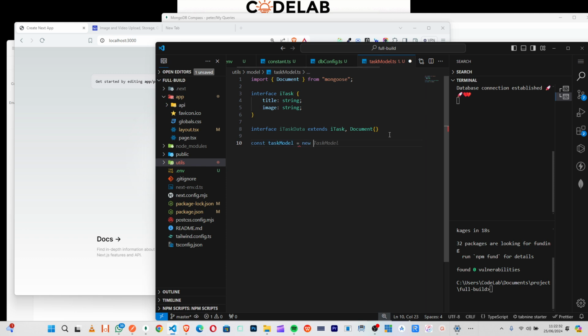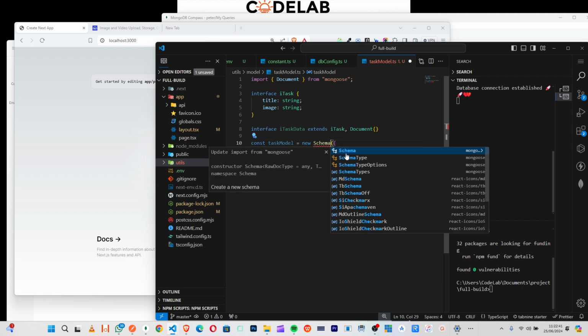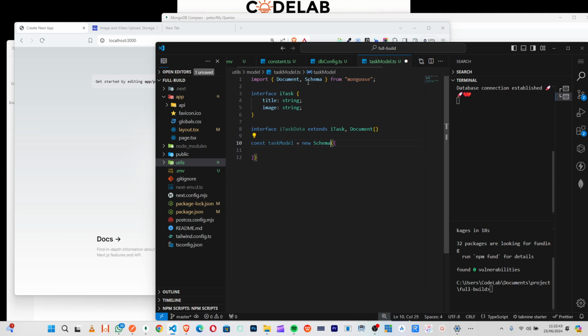So the next thing we will do now is to say const, let me say tagsModel, that one will be equal to new Schema, right? Because we are creating a schema. Okay, so make sure this Schema we import it, right? Then now I will say okay,